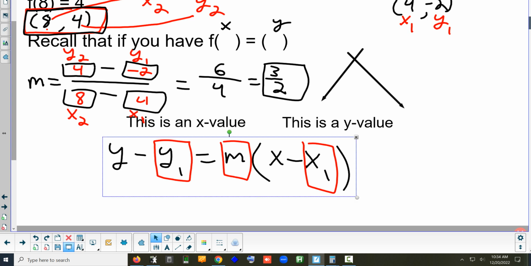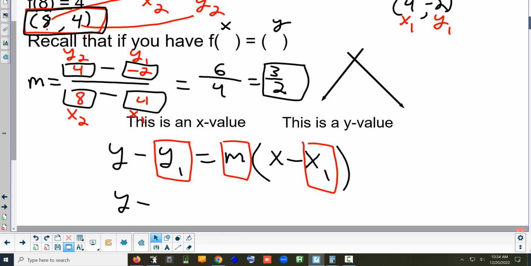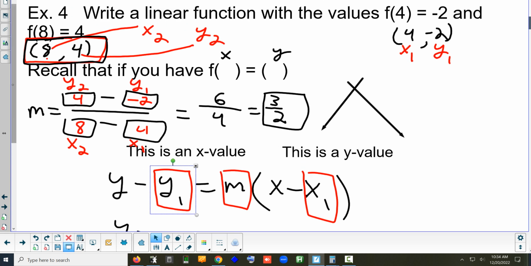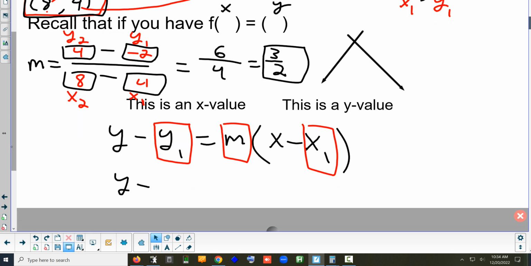So now let's just start filling it in. Sean, what happens to the y? Stays the same. How about y1? We have a box around it, so we know it has to change. It doesn't matter which coordinate we use. I thought somebody earlier suggested we use this one, but it doesn't matter. You want to use this one instead? Okay, yeah, we can use that one. So y1 is -2